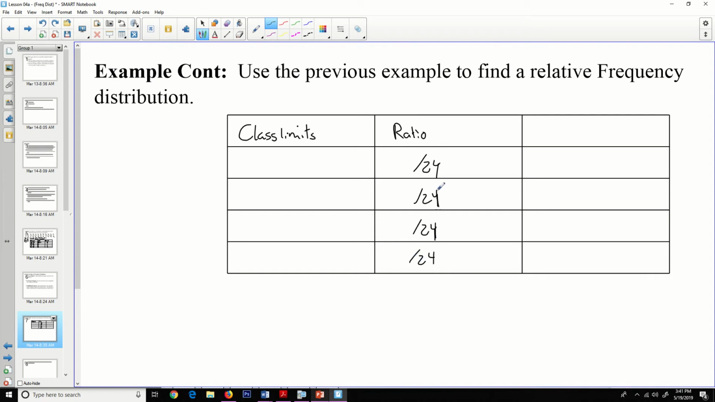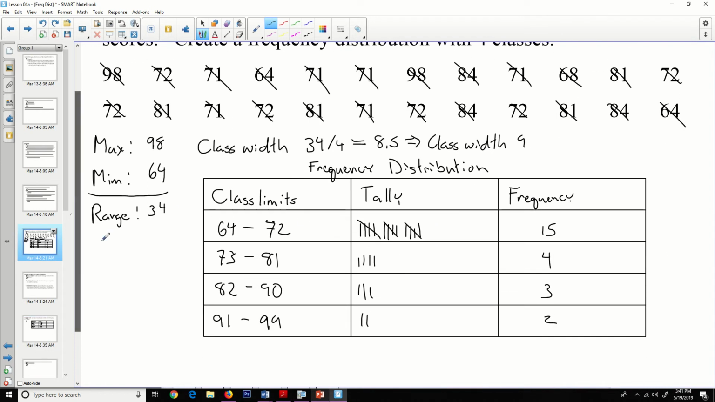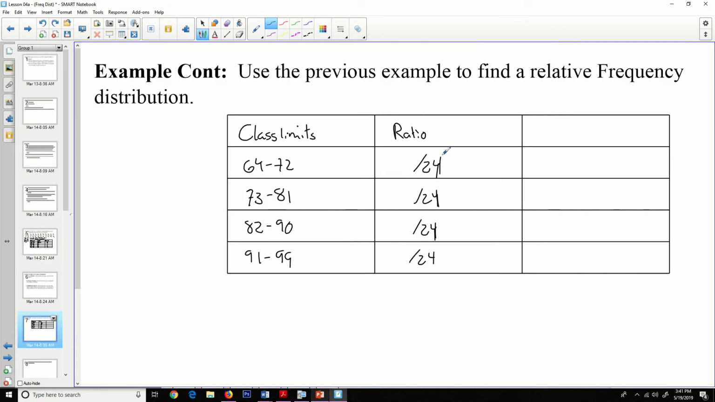Let's do a better job there. Good. The class limits are the same, so 64 to 72, 73 to 81, 82 to 90, and then 91 to 99. All right, the ratio, let's go back and look. We're just going to take this frequency, 15, 4, 3, and then 2. And then our relative frequency